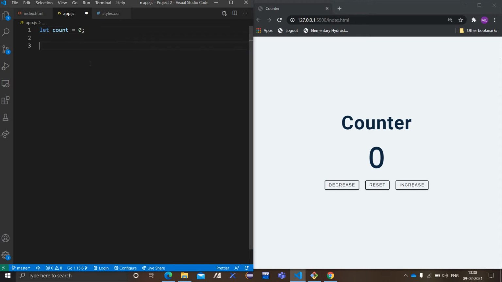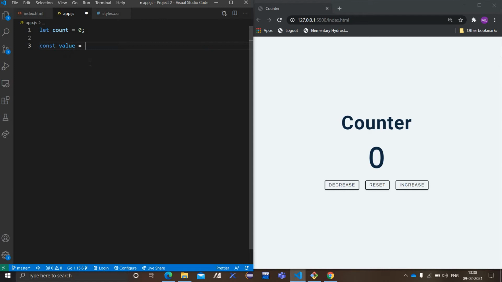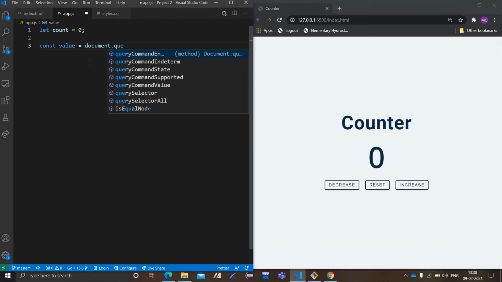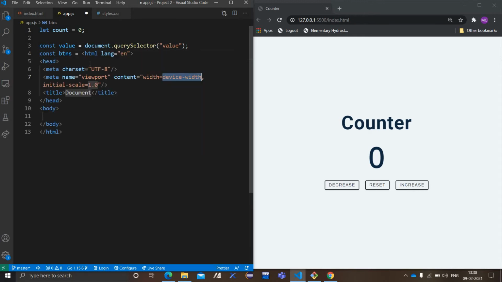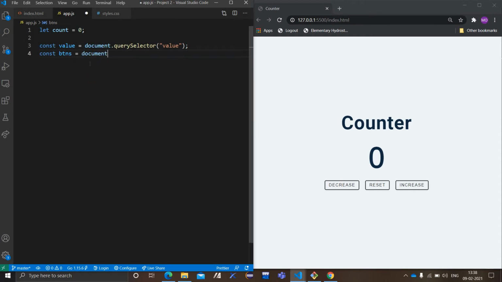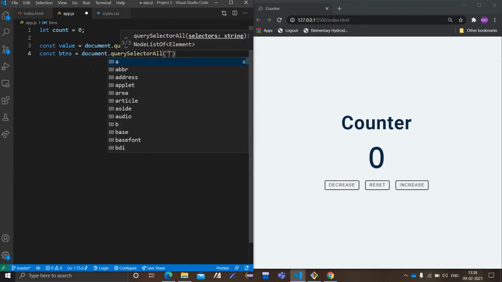Then I will be writing constant value is equal to document dot query selector. I will be putting a query selector value. Then constant btns is equal to document dot query selector all, and I will be putting dot btn.